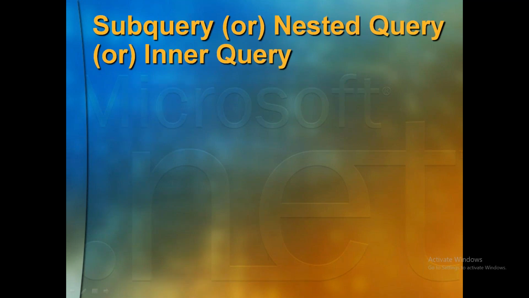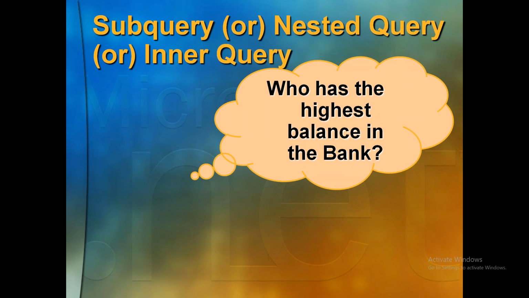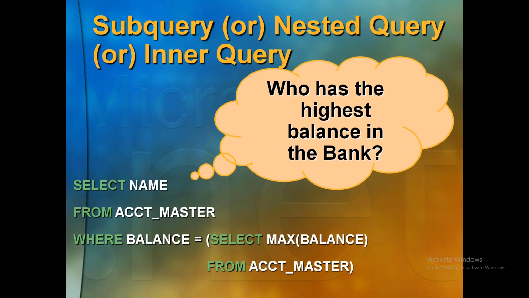We had seen that a subquery is called a nested query or inner query. Who has the highest balance in the bank? However you try this query, you will not be able to get the answer. You must write a query inside one more query. So which query will get executed first, the outer query or the inner query? The inner query will get executed first, and the result will get substituted in the outer query, then finally the outer query